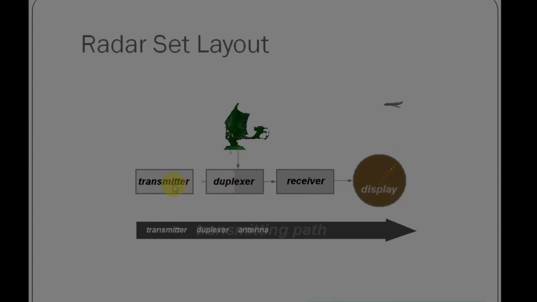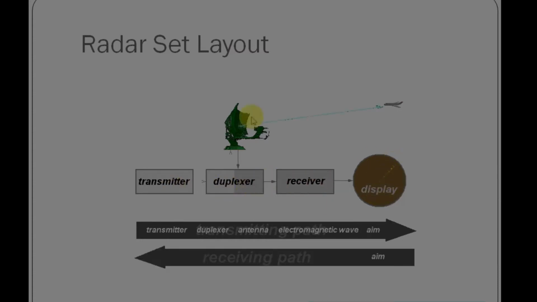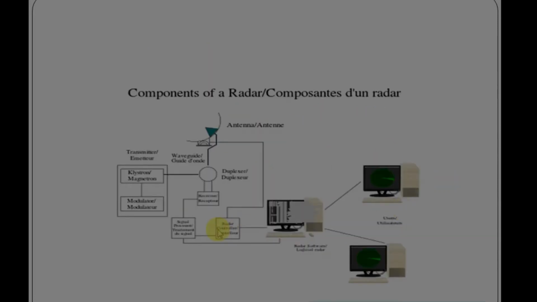So the main components are the transmitter, receiver, duplexer, antenna, and display. These are the parts of the radar. In the radar layout, these are the main components. If you elaborate on our pulse radar, it has a few more components like a klystron or magnetron kind of generator, a modulator unit, a synchronizer unit. Then there is a very advanced DSP processor which will process the echo signal.